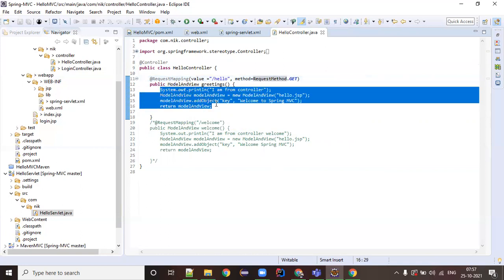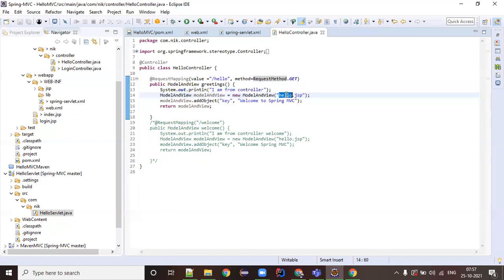This business logic can be very complex, like going to the database and fetching the data. You can introduce Spring ORM here to bring the data from the table, because last class we have already discussed it, and then send the data, which will be displayed on the hello.jsp. So without any delay,